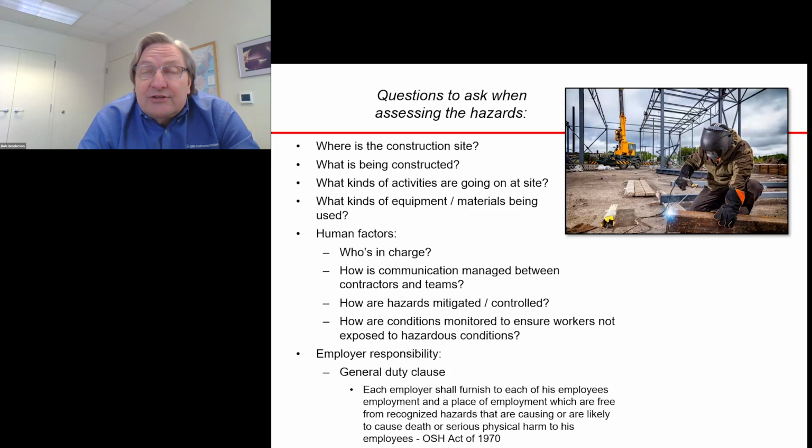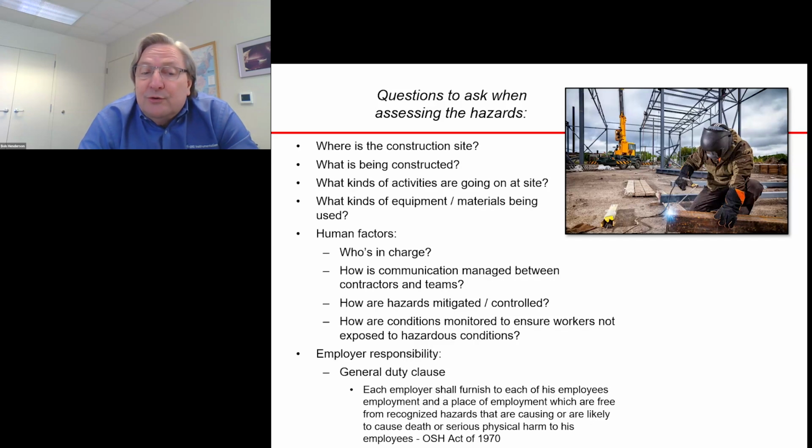This is just a list to get you started, but consider where the construction site is located, what is being constructed, what kind of activities are going on at the site, what kinds of equipment and materials are being used. Always remember to consider human factors. Who's in charge? How is communication managed between contractors and teams? How are known hazards being managed, controlled, or mitigated? How are conditions being monitored to ensure workers are not exposed to existing hazardous conditions? At the end of it all,